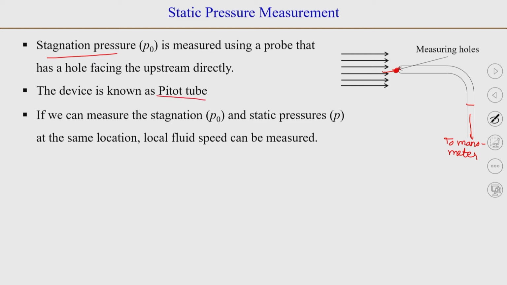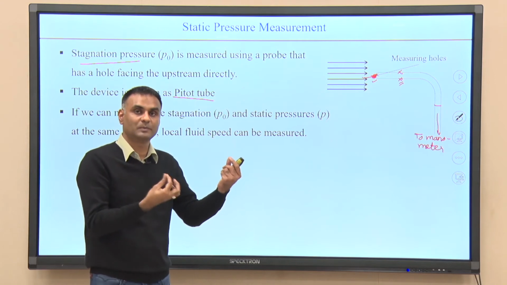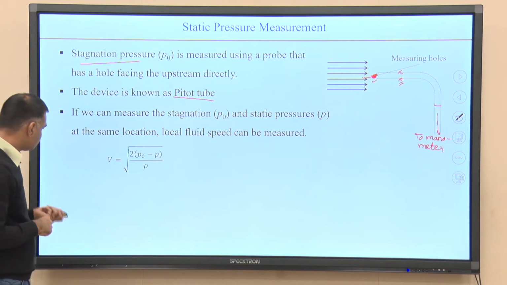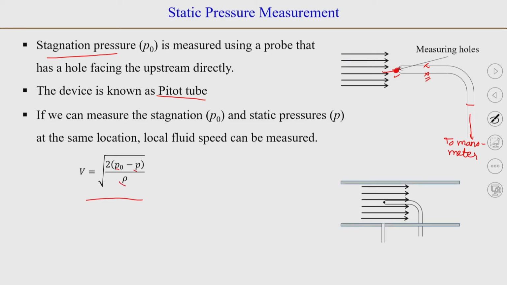Okay. If in our tube we have both the points, measurement holes here and holes here, and you connect both of them with a differential manometer, then you will be able to measure the static pressure and stagnation pressure, and you know that they are related by P naught is equal to P plus half rho V square. So, if you know P naught and P, you can find V knowing the density. Okay. So, that is the formula; if you do a little bit of algebra, V is equal to square root of 2 times the difference of stagnation pressure and static pressure divided by the density,